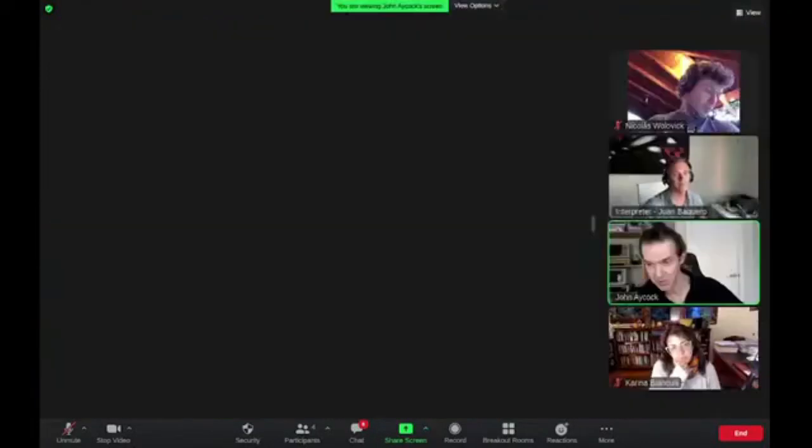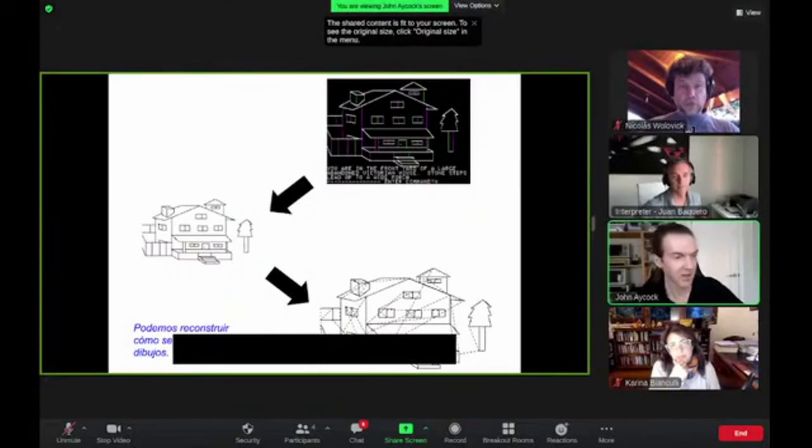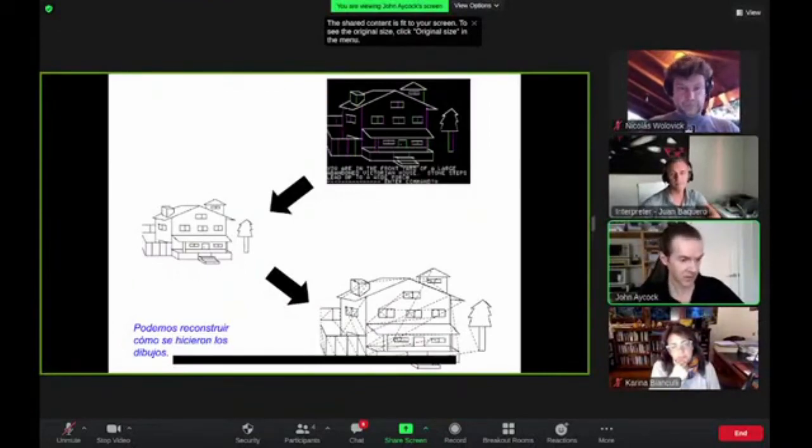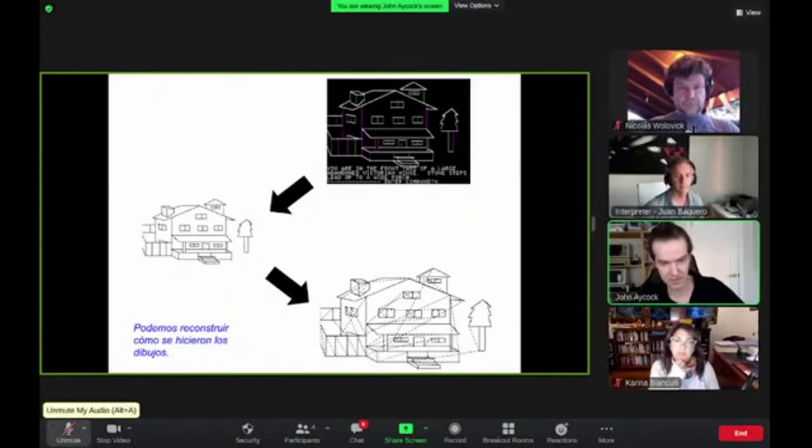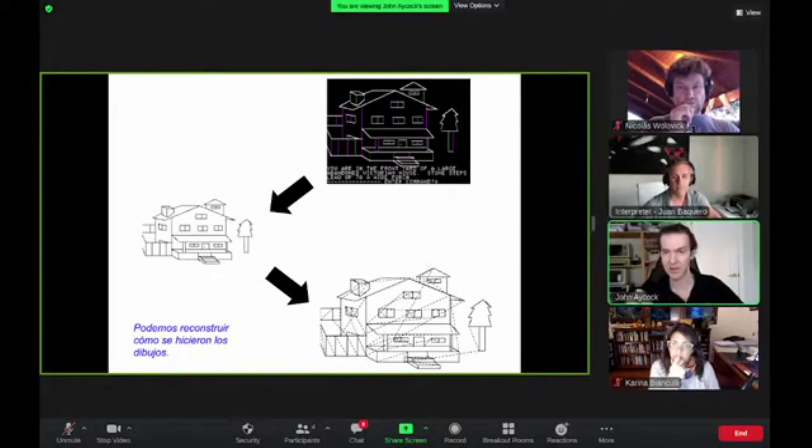I'll even remember to share my screen. Oh. So here, for instance, this is some reverse engineering of the game Mystery House. And one thing we're able to do is not just reconstruct the data, but we can actually follow the game programmer's hand as they traced over these drawings 40 years ago.